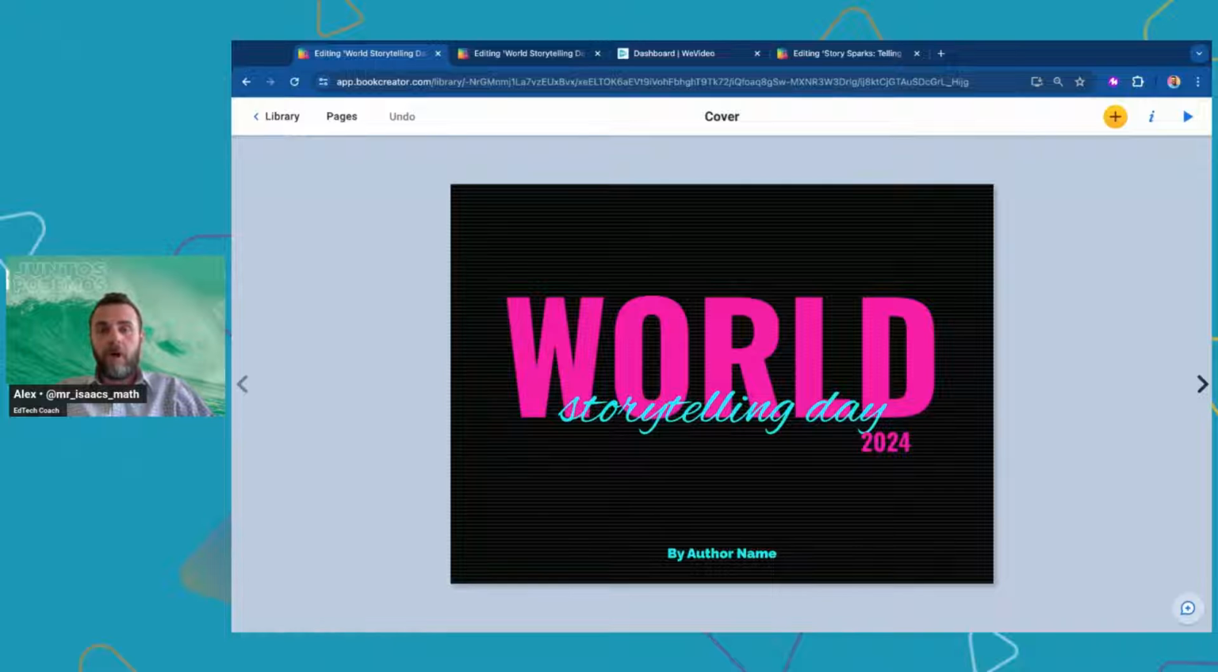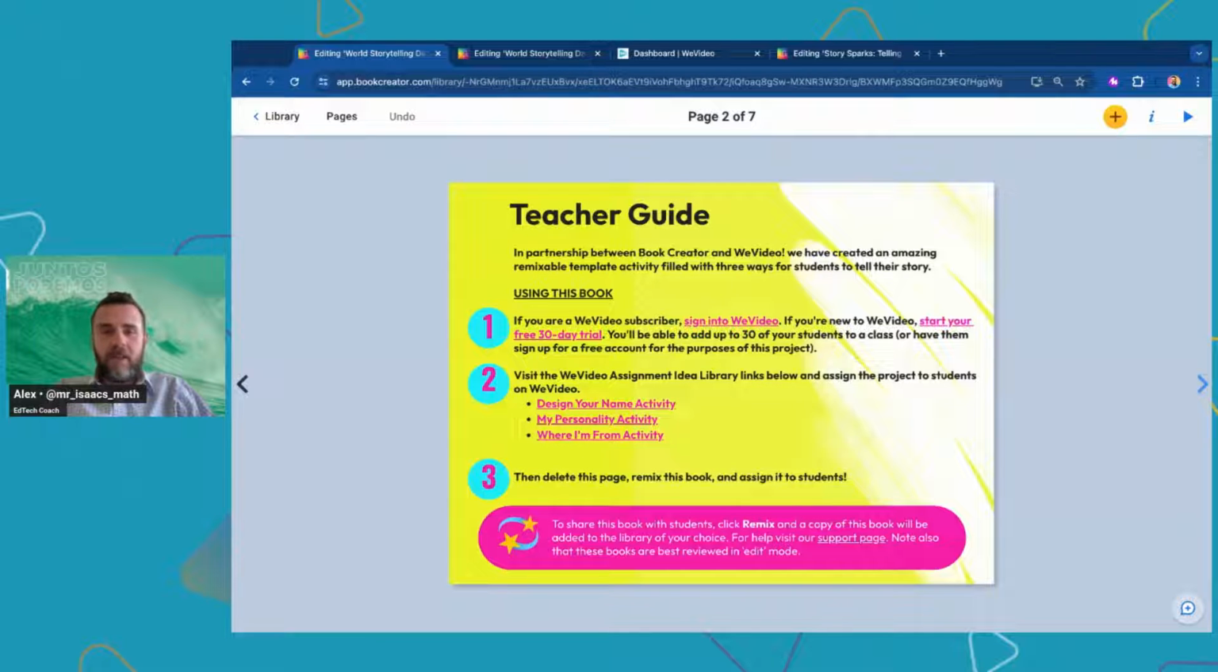This is a wonderful book made within Book Creator by Stu Jernigan, who's a fantastic member of the WeVideo team. Ryan can say more about him later. But this is a template that was created for World Storytelling Day. It comes with a teacher guide, the ability to create your account on WeVideo for free to start a 30-day